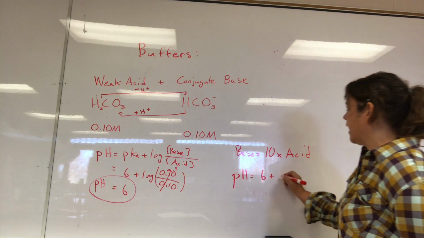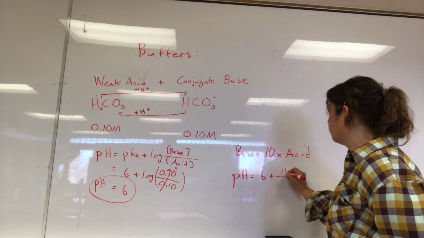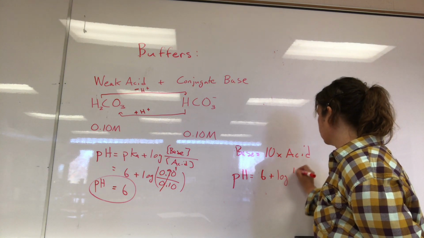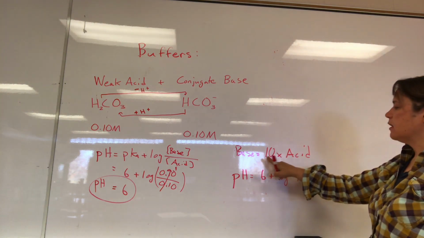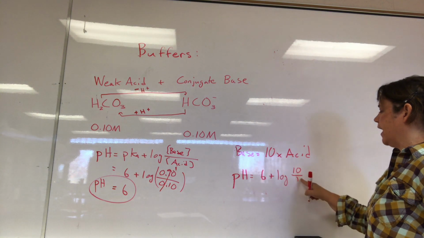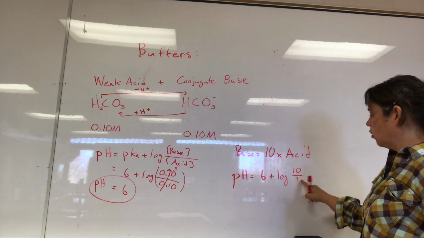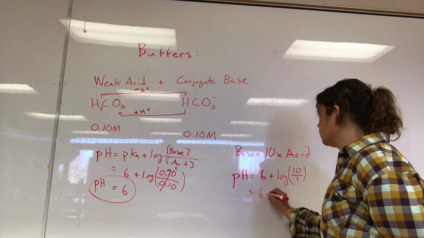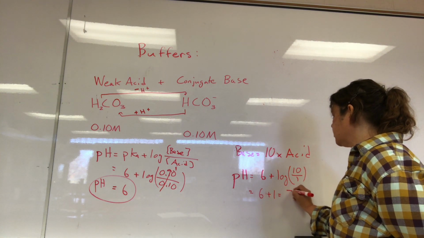Now your base acid ratio is 10 over 1, because we have 10 times more concentrated base than acid, so the ratio will be 10 to 1. The log of 10 is equal to 1, so in this case your pH